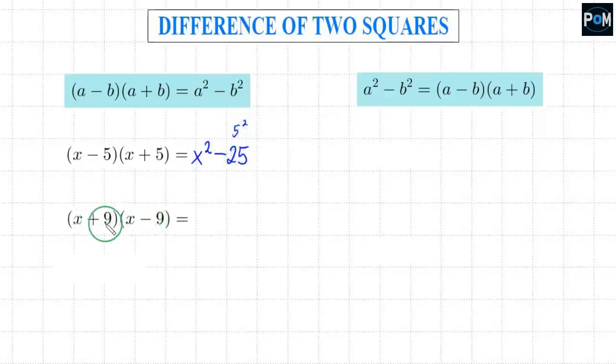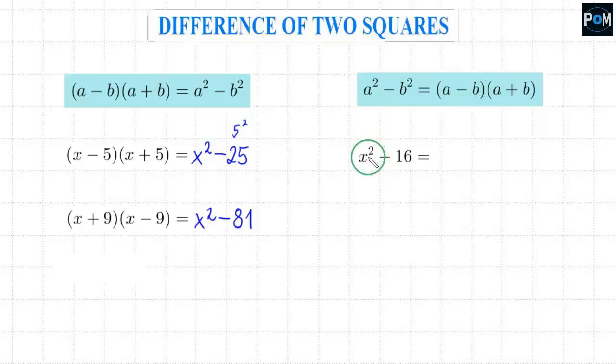Just for practice, here I have two identical brackets, there's x and there's 9. Here it's plus, there it's minus. Here the order of pluses and minuses doesn't matter. First, I raise x to the power of 2. I give the minus sign and raise 9 to the power of 2. That's 81. This is how this formula works in this direction,